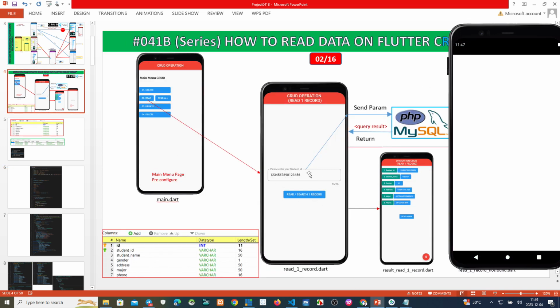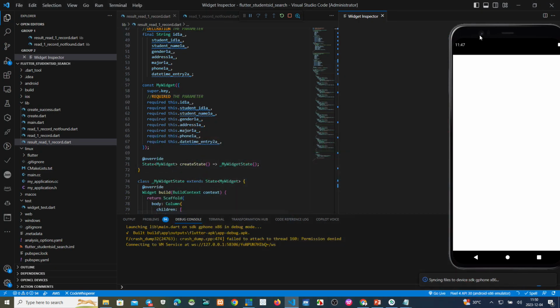This parameter will be sent to the backend. Query data where the parameter is like this, and then it returns back to Flutter. If there is no error, all parameters will be sent to this page and shown on the screen. Okay, you can see this one.